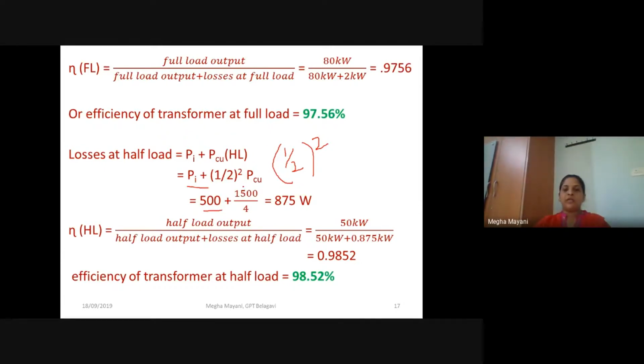And what about the copper loss? We have 1500. So 1500 multiplied by 1 by 4. So we get around 875 watts as the total loss at half load. Now we can use the expression for efficiency. Half load output by half load output plus loss at half load. So what is half load output? We have got 50